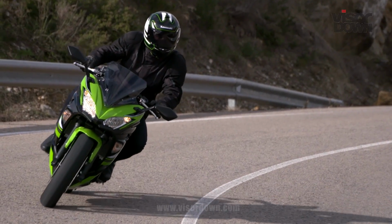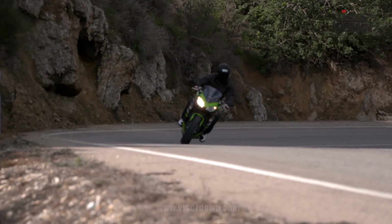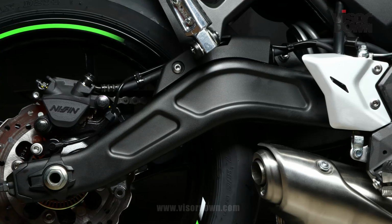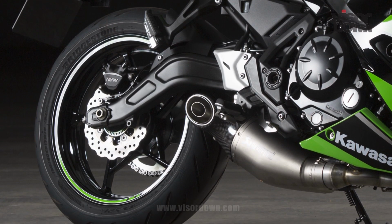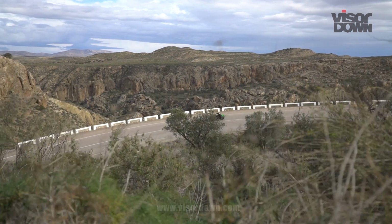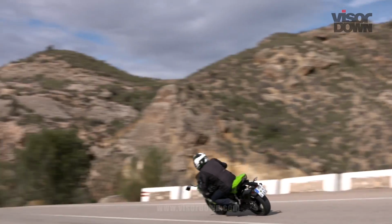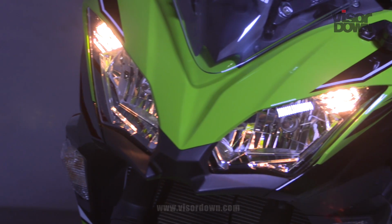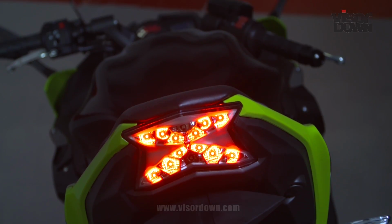At 193 kilos, Kawasaki says the Ninja 650 weighs 19 kilos less than the bike it replaces, courtesy of changes including a new lighter steel trellis frame, saving a claimed 10 kilos, a new swingarm, plus lighter 5-spoke wheels. Kawasaki says the Ninja 650 is also 6.8% more economical than the ER6F, and it also boasts a slip assist and slipper clutch, an adjustable shift light, new Nissin brakes, an X-shaped LED rear light assembly, and a centrally mounted